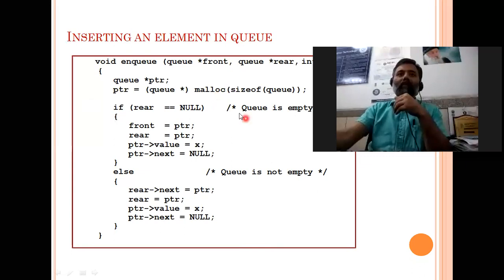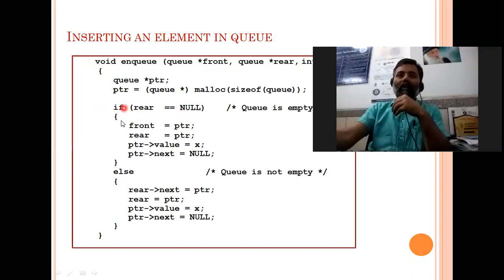Now, this is the condition for checking whether Q is empty or not. So you know, if Q is empty, then rear and front both will be null. So you can write here front is equal to null, and rear is equal to null.